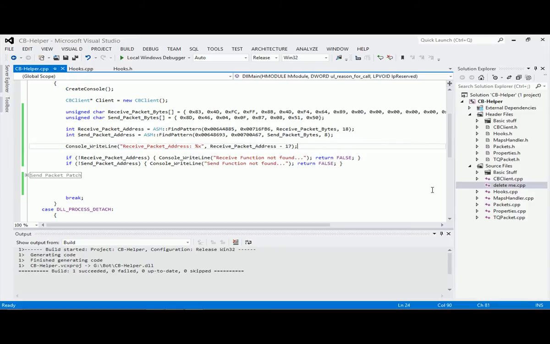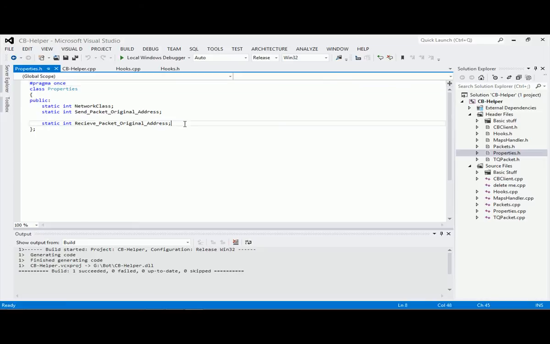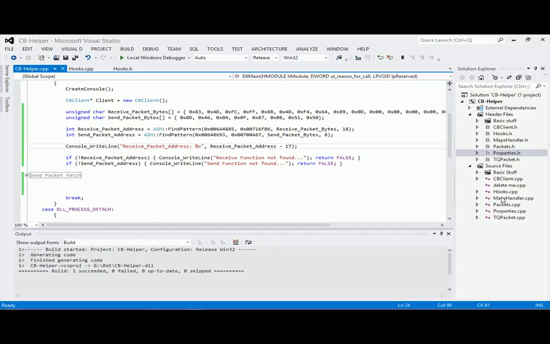First, I'm going to have to go to the properties.h. Where is it? There it is. Properties.h, and I'm going to define this, which says static int receive packet original address. All you gotta do is simply copy the line above, where it says send packet original address from tutorial 3, paste it, and instead of send packet original address, change it to receive packet original address. Okay, now copy this, close the properties.h and open properties.cpp,